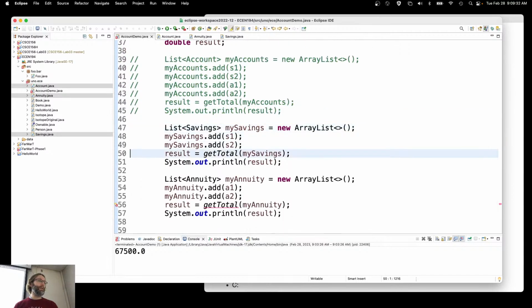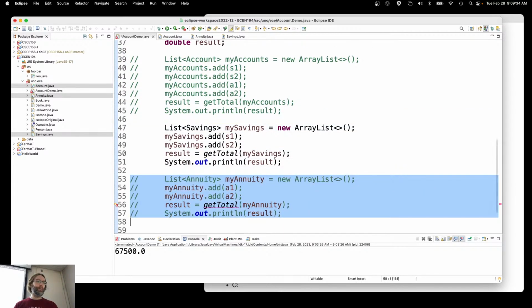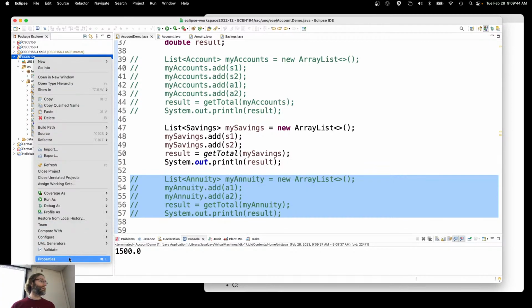It does apply to savings accounts, but it doesn't apply to my annuity accounts. Right? This will actually work and run. $1,500, but I'm only doing my savings accounts here. Let me go ahead and open this up on the file system and show you